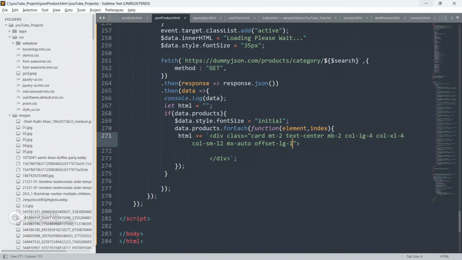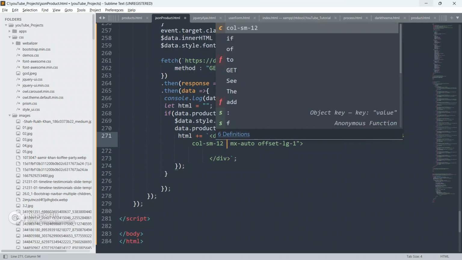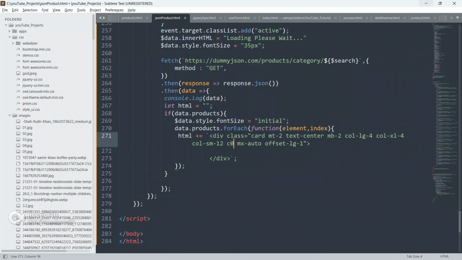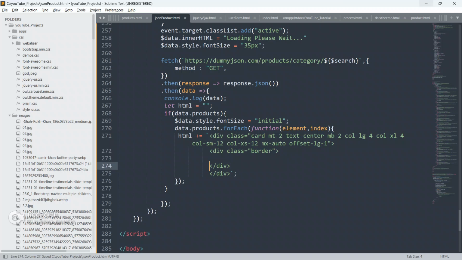Okay, so col-sm-12 fine, and col-xs-12 also. Okay, so inside this div now create another div, close this div first, and inside this div guys give it a class as border.